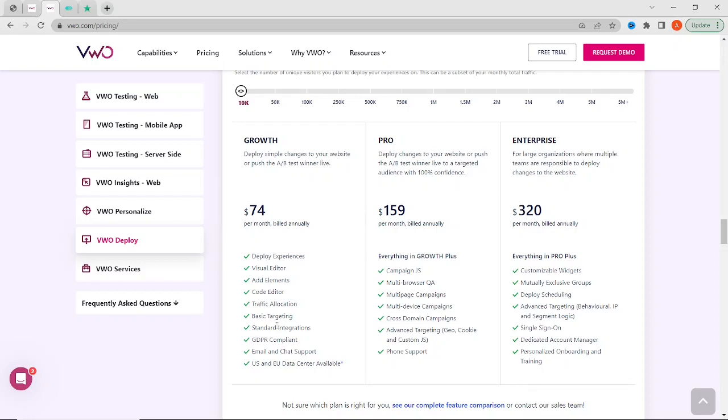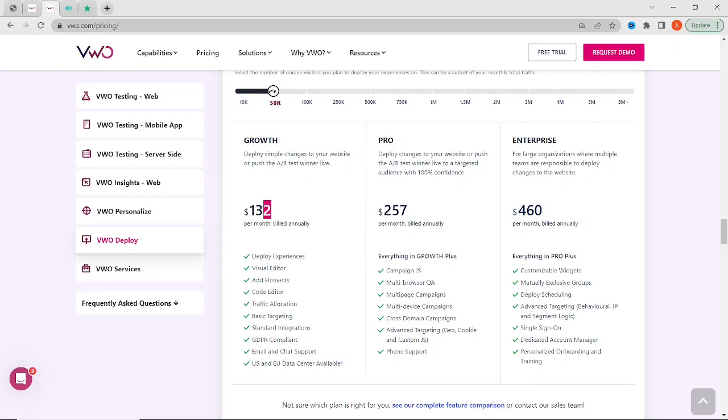And down here there is what is available to you. With the pro, everything available in growth is available in pro, and there are additions here. And when you move to the enterprise, everything under growth and pro is available at the enterprise, and there are additions here. So when you move the number to 50K, the price increases,